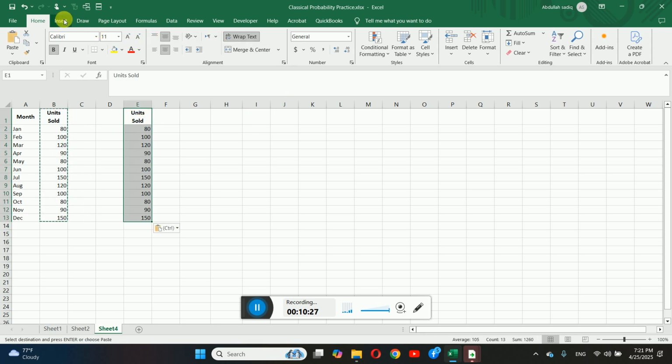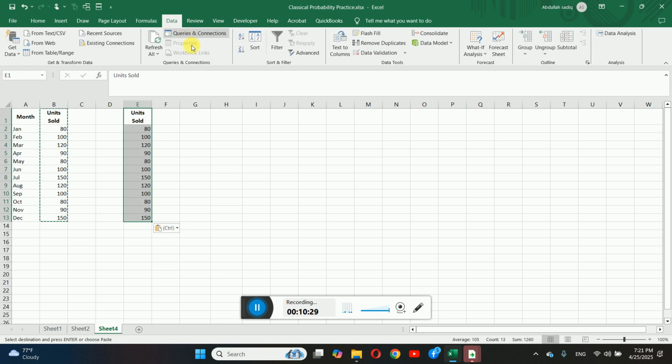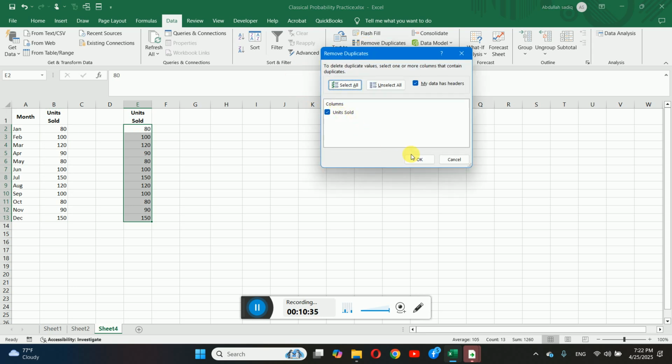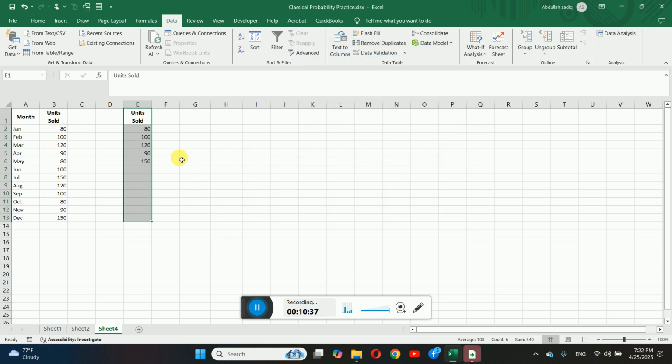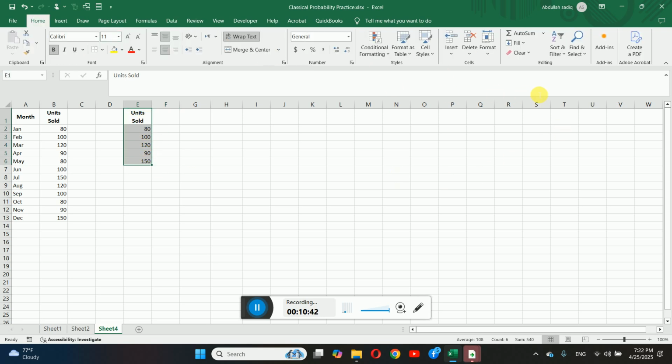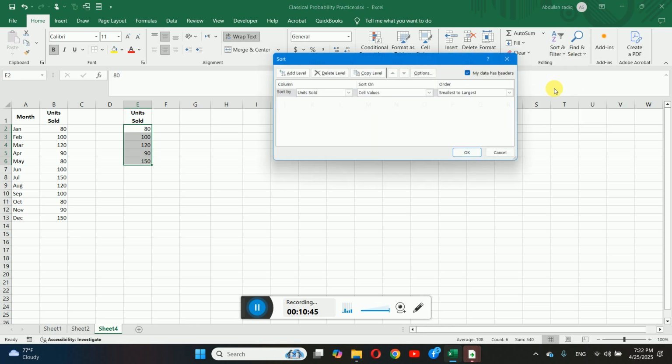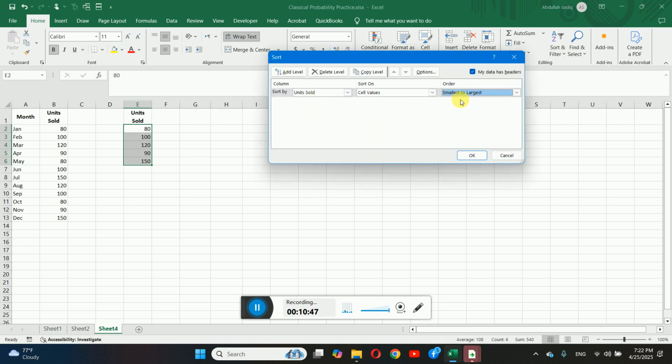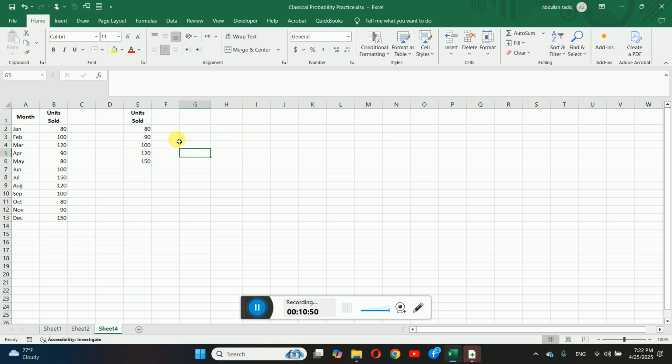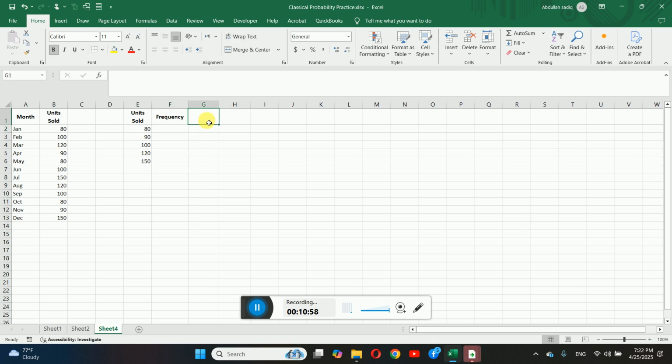and then in Data, click on Remove Duplicates, click on units sold and open. Once the duplicates are removed, click on this, go to Home, click here Sort, Custom Sort, and make it in ascending order, smallest to largest. Now find the frequency, and after that we need its probability. Okay, look dear students,